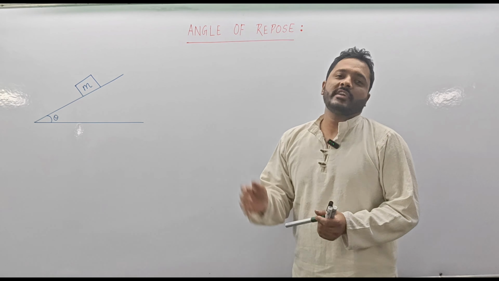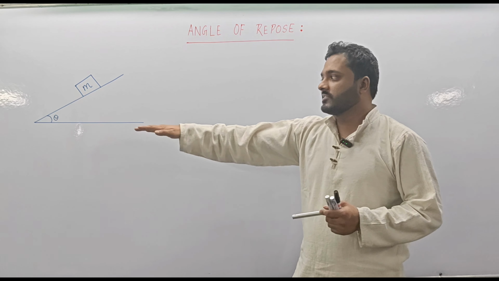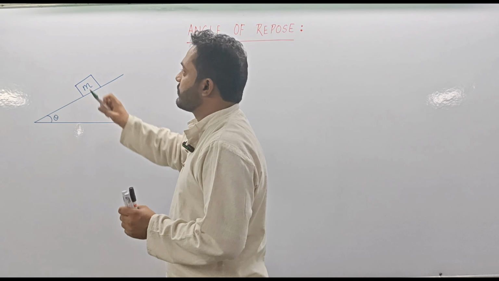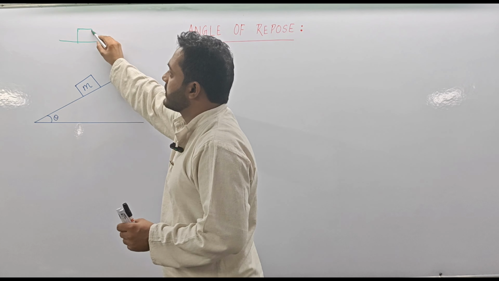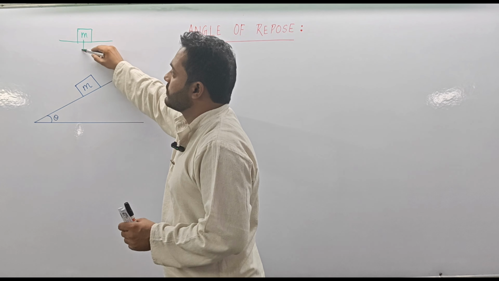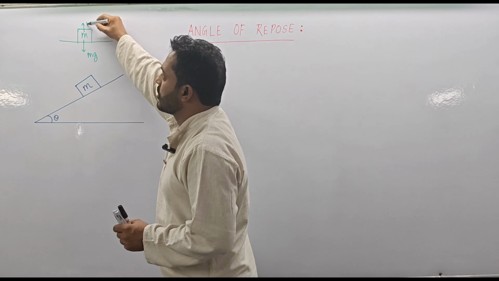So let's begin to understand angle of repose. The angle of repose exactly क्या है? So if we place something on a horizontal surface, तो अगर अपने किसी चीज को horizontal surface पे रखते हैं, then the weight of this block is in the downward direction, and then it will be getting a normal reaction